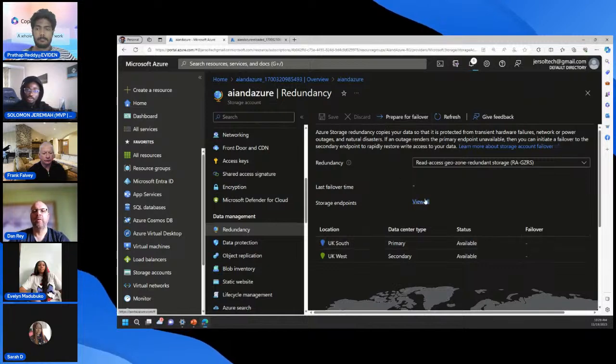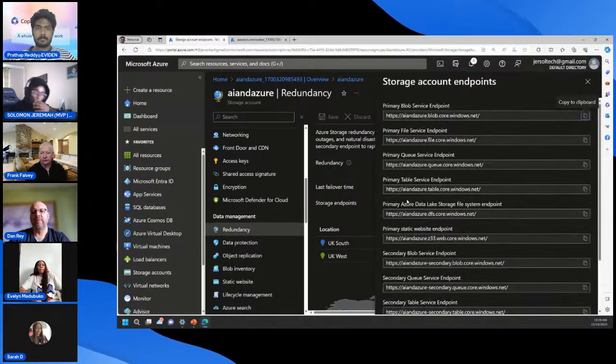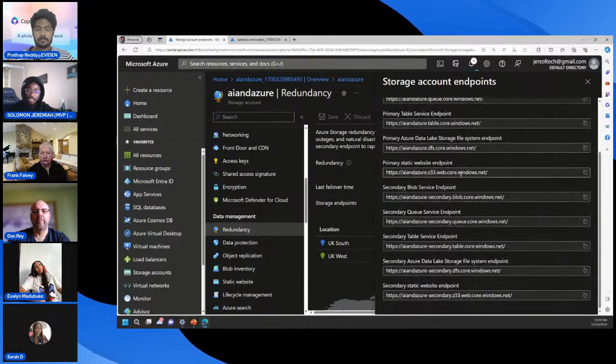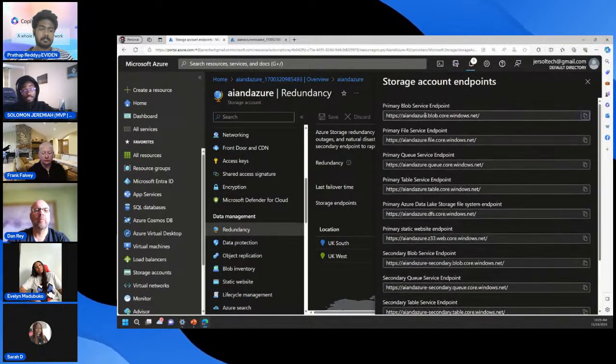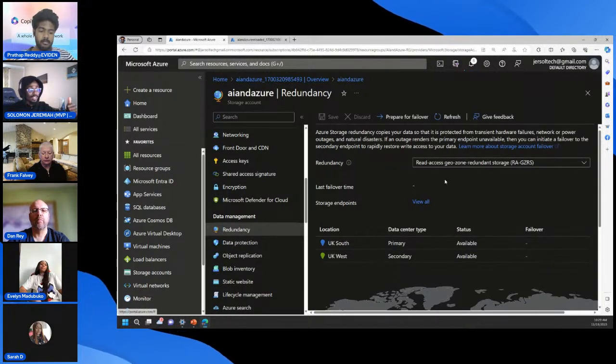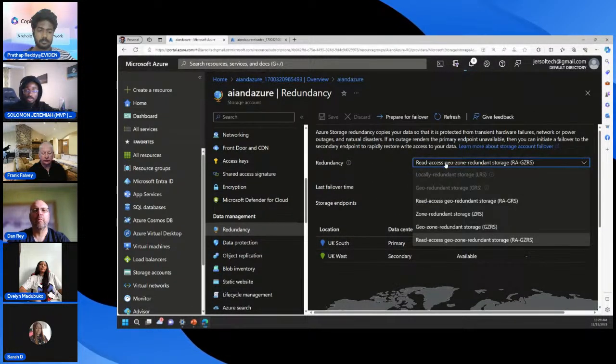There's something I want to do. I'm going to click on this. When I click on this, you can see the endpoint for this particular file. You can see I have the endpoint for the secondary blob, and then I have the endpoint for the primary. The reason I'm having this is because I selected read access. That's why I am getting that. But if I change this now to